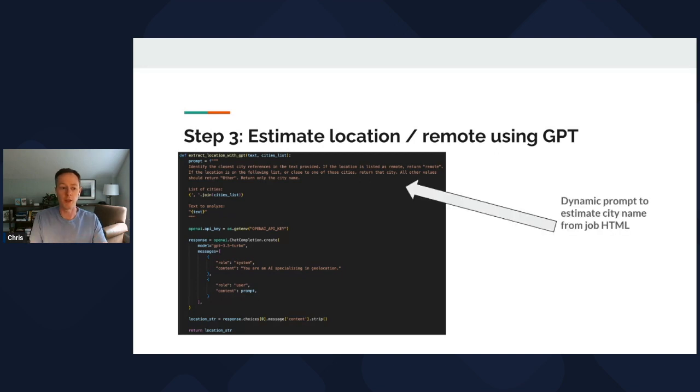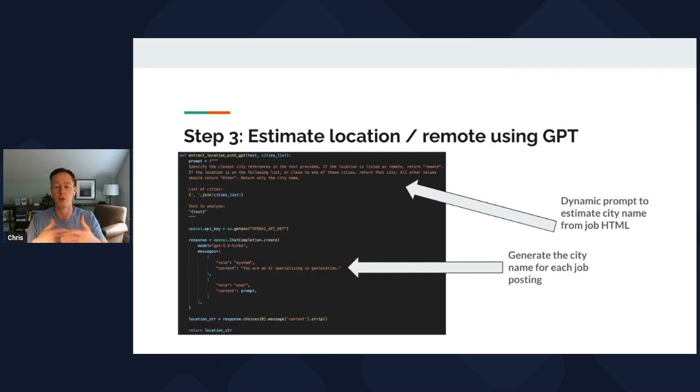So we built this model, which essentially uses this prompt, and it takes a list of cities based on where we've focused the job postings that we're looking at. There are about 10 different cities, and then there's an "other" category for the long tail of cities that are not included in the core areas of job postings. Then we take the text of the job posting and send both of those things to GPT, and it returns the predicted location based on that. Again, we found this to be very accurate,